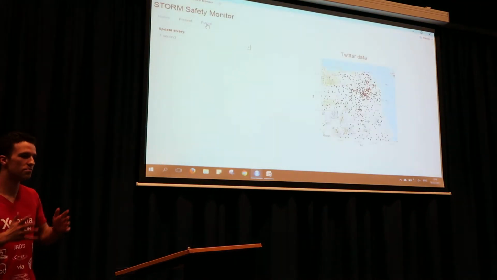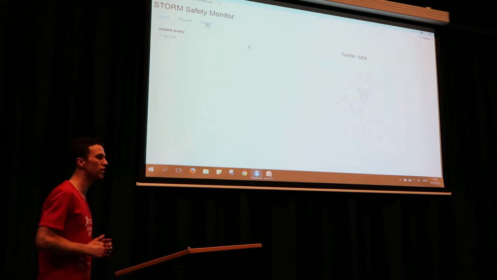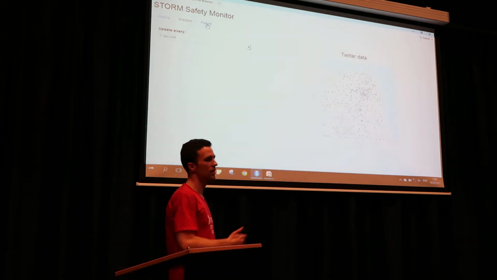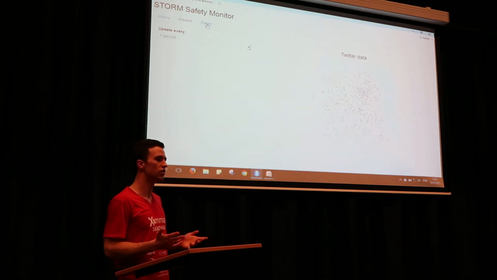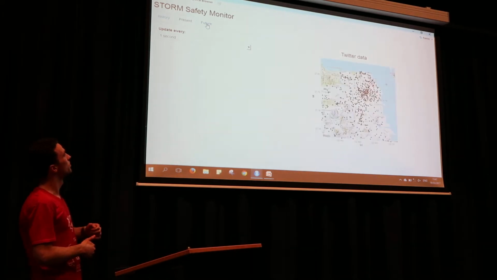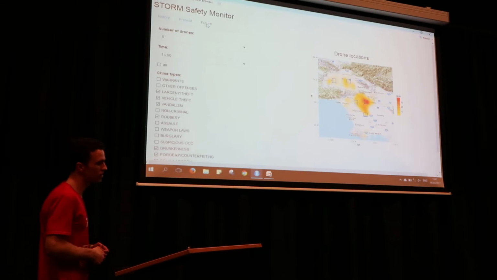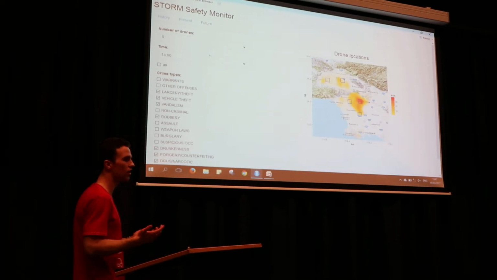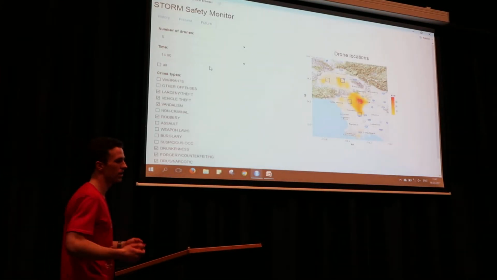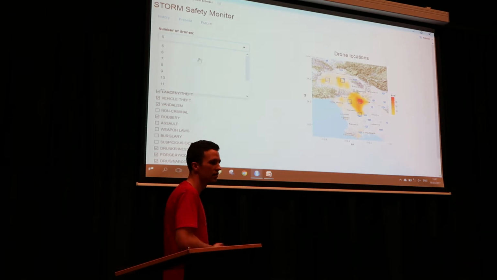The advantage of this is that if we detect a large crowd, the police can see, okay, maybe we have to move some police officers over there, or we can move a drone over there to take a look over there, and maybe we see some activities. Okay, besides the present, we can also go to the future, like I already said with drones. In this dashboard, we have a drone number of 5. It can be adapted, so you can put on 7 or 8 if you buy new drones.